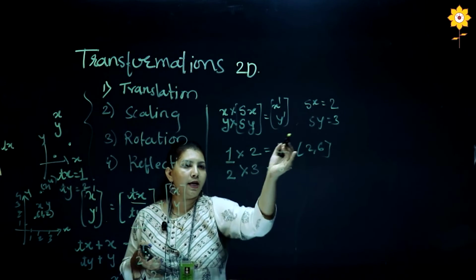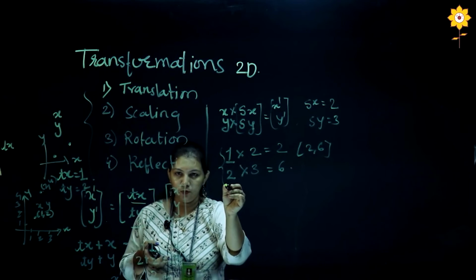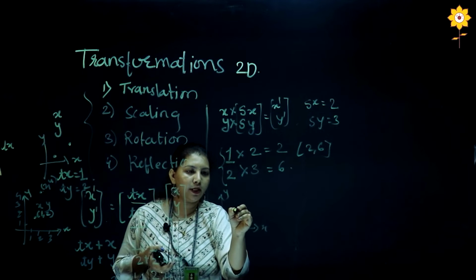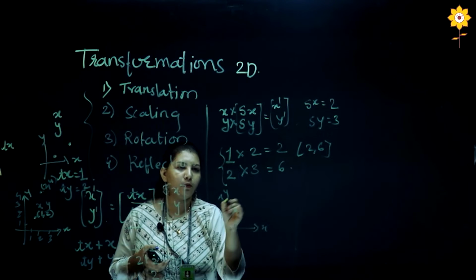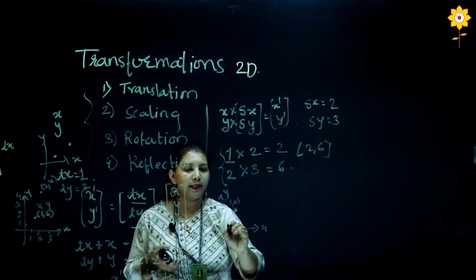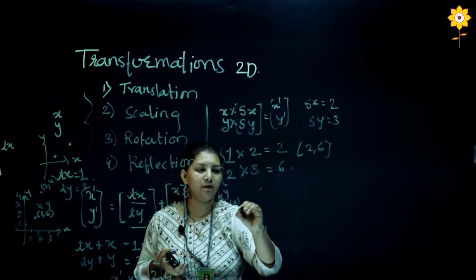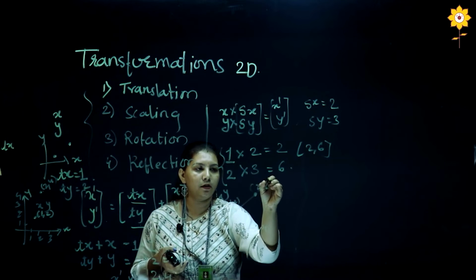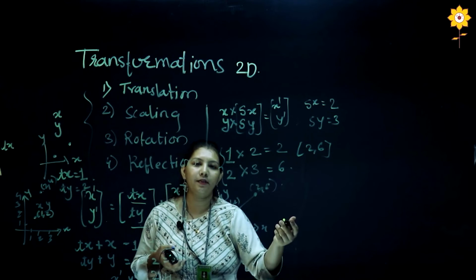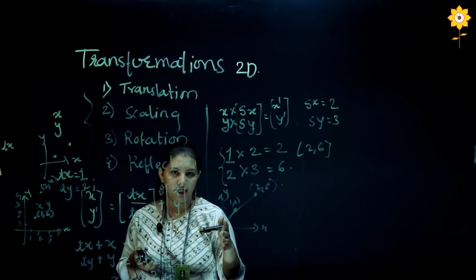So first of all, we have to map this (1, 2) on the x and y coordinate system. Suppose I got this line over here, (1, 2). So the newly calculated is (2, 6). Suppose I get this particular line over here. So you can see the size of a particular line gets increased whenever we apply the scaling.